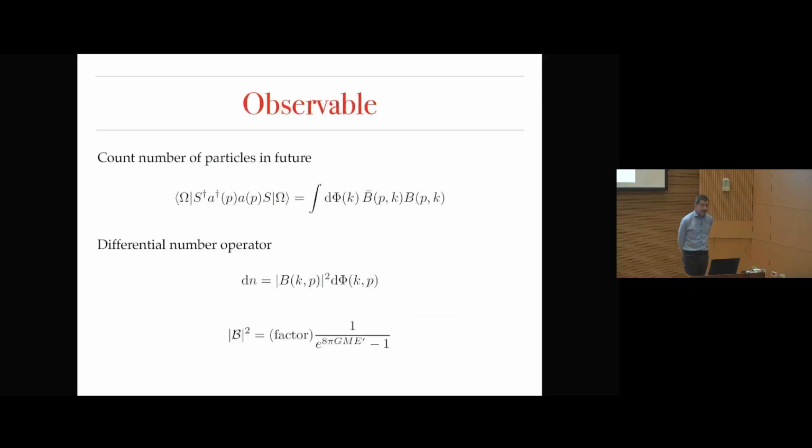Now the observable in the future that we care about is just the number of particles, A dagger A, with an S dagger here. If you use this Bogoliubov story, you can rewrite this in terms of those B's, and the square of that. This B is essentially the B I cooked up by continuing the A, so this is why this is the relevant thing to compute. You really just do need to do that crossing squared.